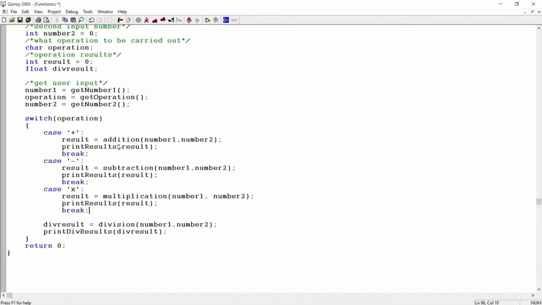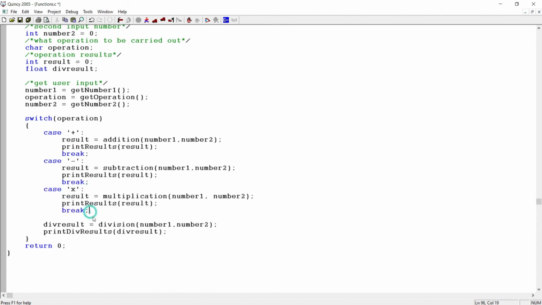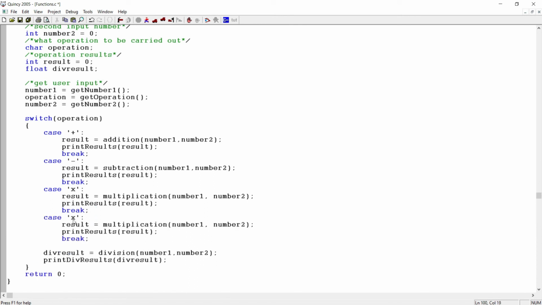If you remember from the previous program, we had two cases for x because x can either be input as small letter x or capital letter X. So we're just gonna copy paste this and replace this by capital letter X. So we have both considered in our case statement. And of course, the last statement is case /